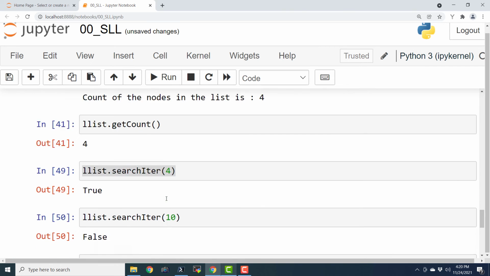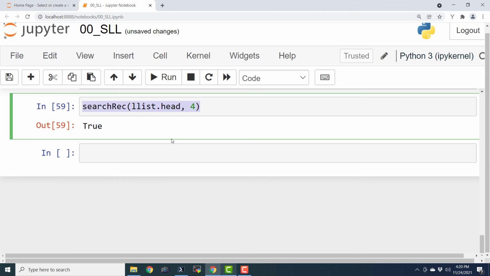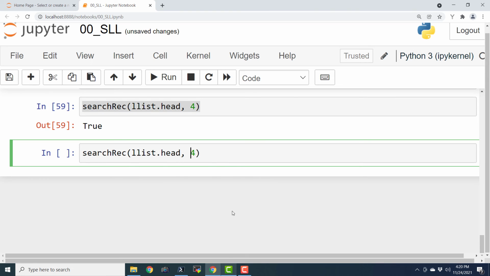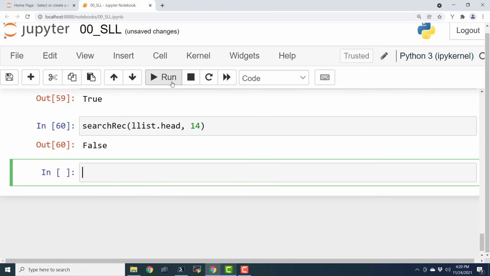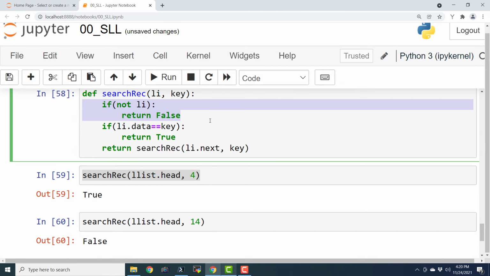And we know the members of the list. So let us actually search for a non-member, and that will be exciting. Let us just add one here, so it will be 14, and it should return false. So this is false. Okay. So it is actually traversing the whole list, and then it goes to the base case and returns false. So this is how we can search recursively.